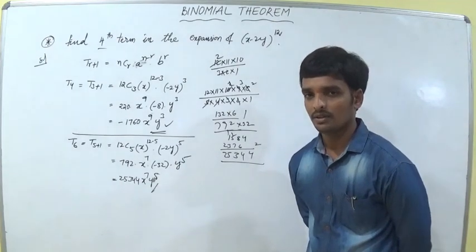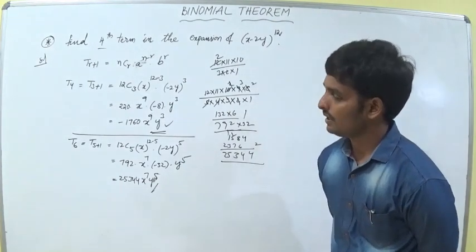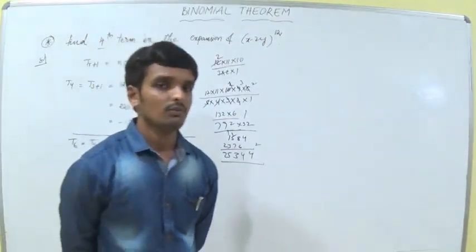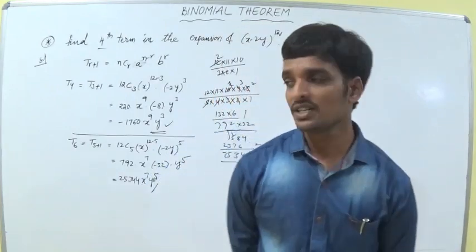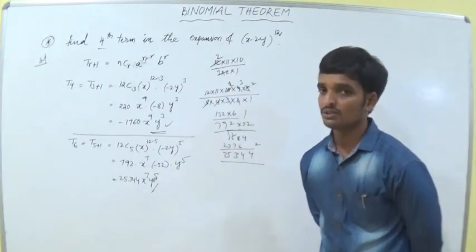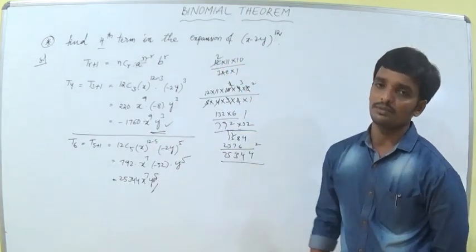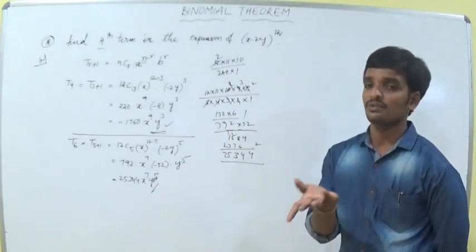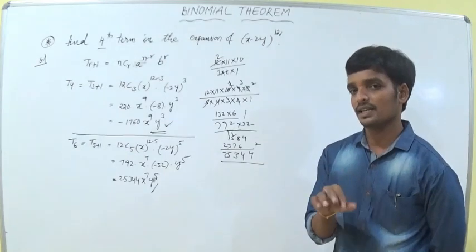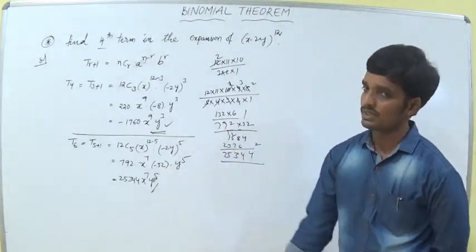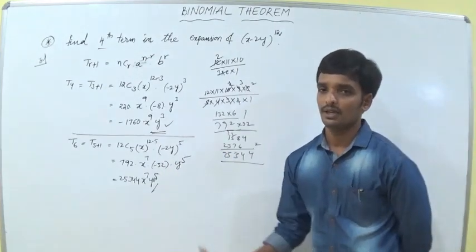Are you okay? This is the way of asking. They are asking: what is the fourth term? What is the sixth term? What is the 10th term? What is the 12th term? In our expression it has only 13 terms, so they are asking up to 13 terms. If they are asking the first term and last term, it is very easy, and the second term also easy. If they are asking fourth term, fifth term, sixth term, that means they have some tough. Are you okay with this?